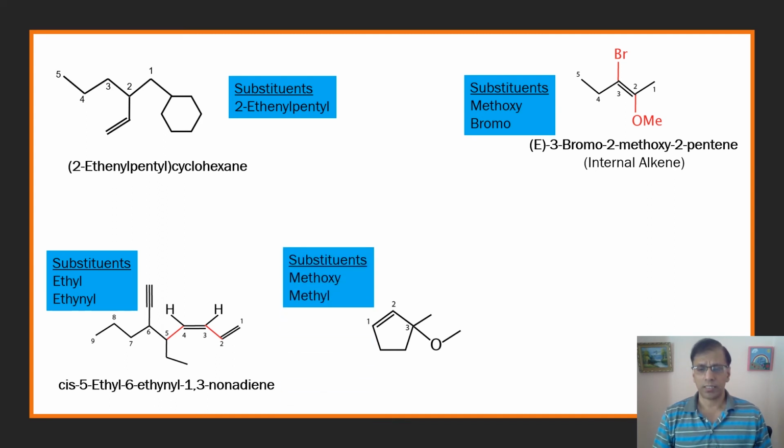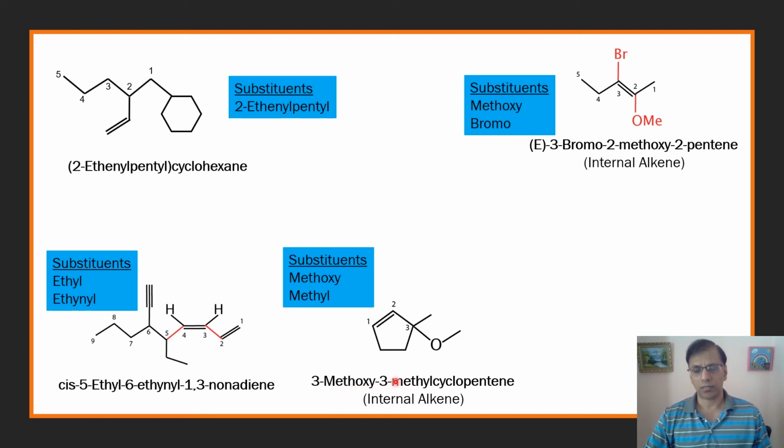Let's look at another example. In this particular example, the double bond is inside the ring, and we have 2 substituents, methyl and methoxy. For the numbering of a double bond within the ring, the double bond should be numbered carbon 1 and carbon 2, and then this is 3, this is 4, and this is 5. So the way you write the name is 3-methoxy-3-methyl cyclopentene. Again, in alphabetical order,